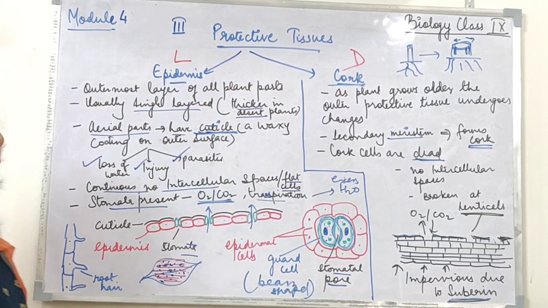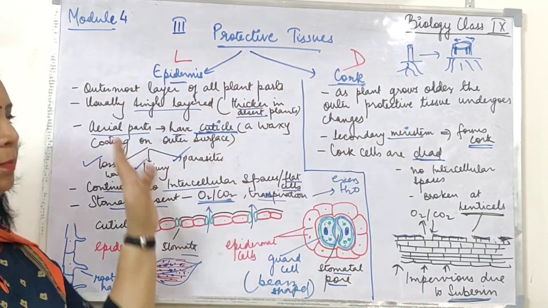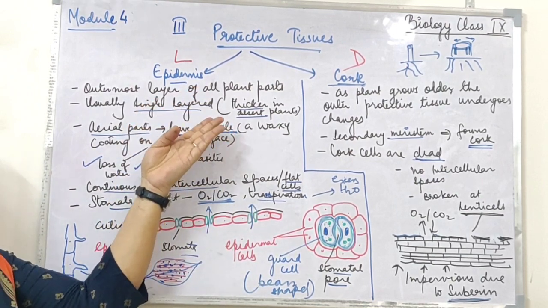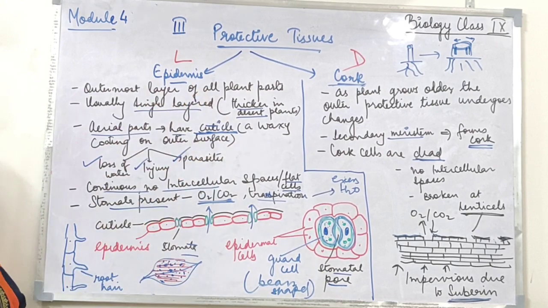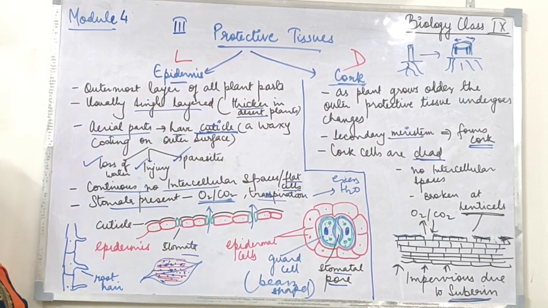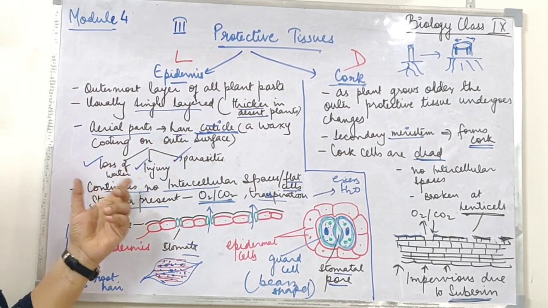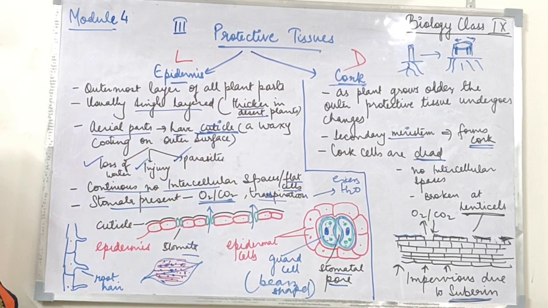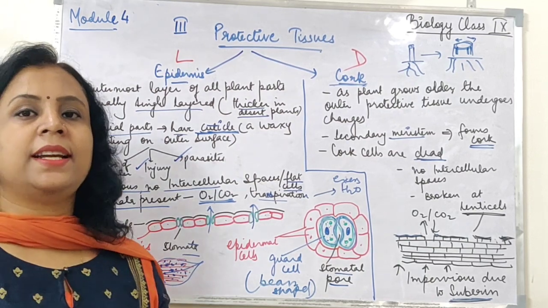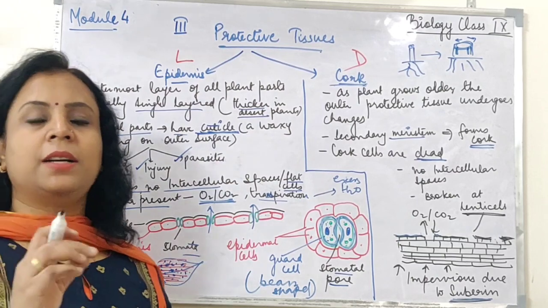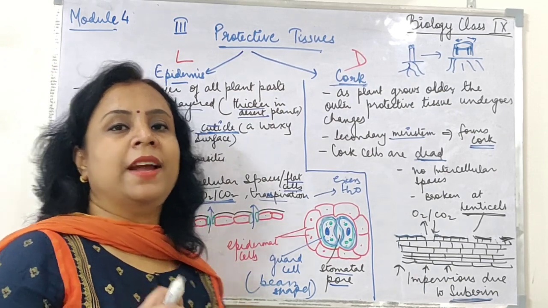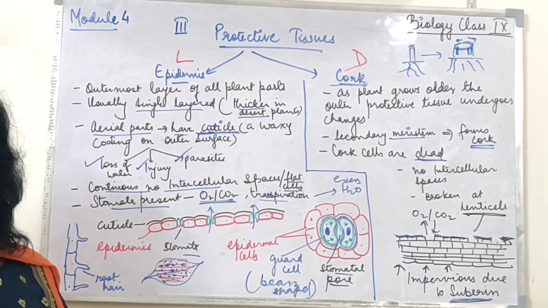So just a quick recap, the protective tissue is present throughout the plant. In the young soft parts, it is the epidermis. Throughout, whether it is root, stem, leaf, and the aerial parts, they are covered with cuticle, which is a waxy coating, and it prevents the loss of water, action of parasites and injury. And this cuticle becomes more thick in case of desert plants, and there it prevents loss of water, and it is really very, very thick.